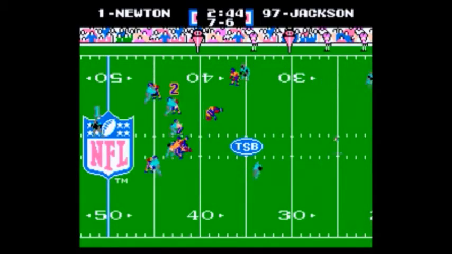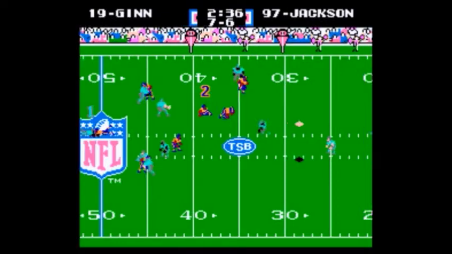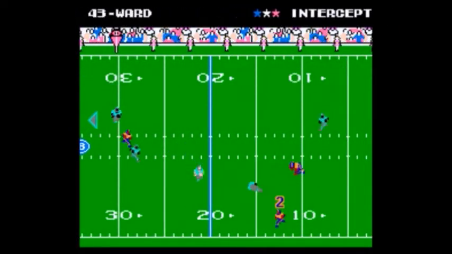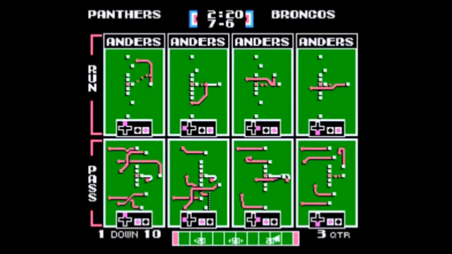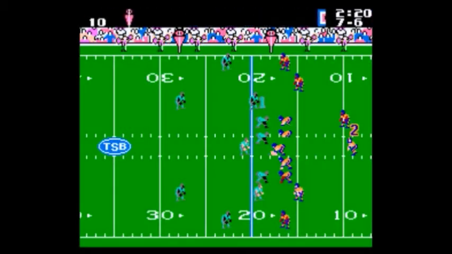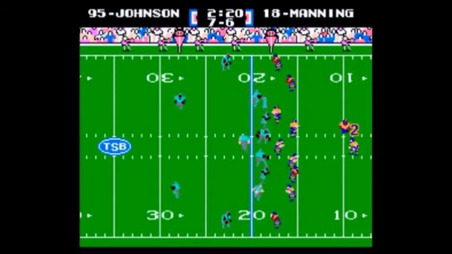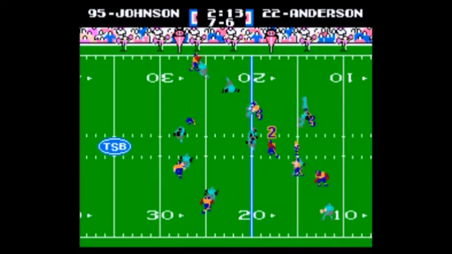Yeah, so Newton back to pass. He's got plenty of time to throw from under center. Now he's got some pressure in his face. He gets it out. He does get it over the hands of those defenders, and he throws an interception, Bob. And that's another interception by these teams, and we're having a kind of a sloppy game here a little bit. A sloppy second half, that is.